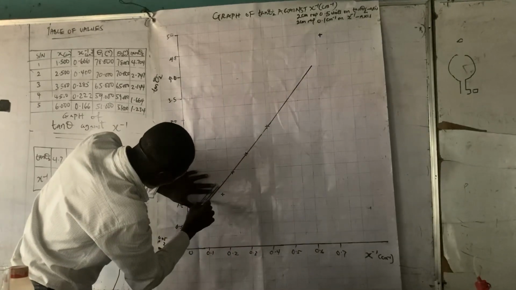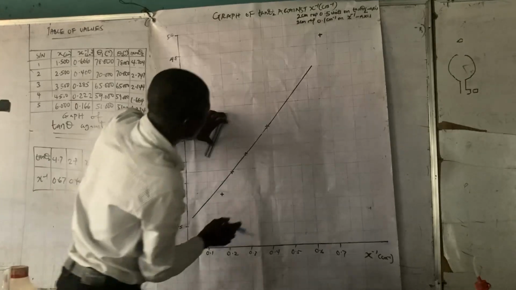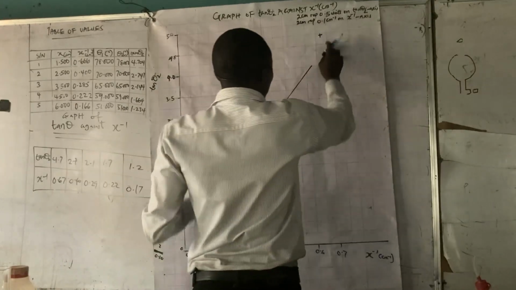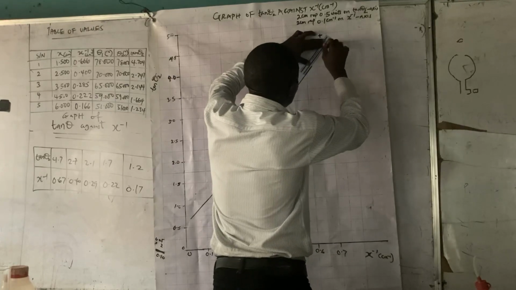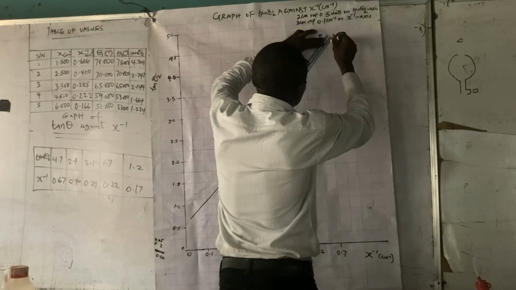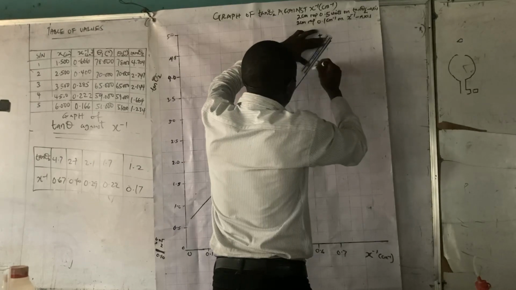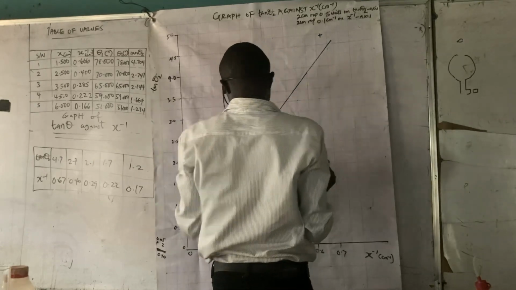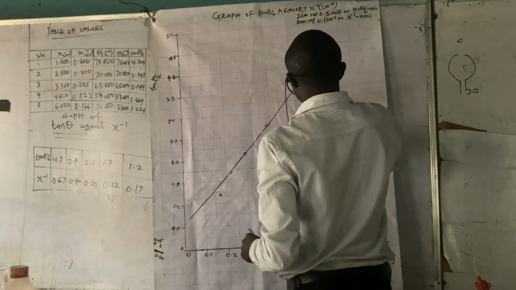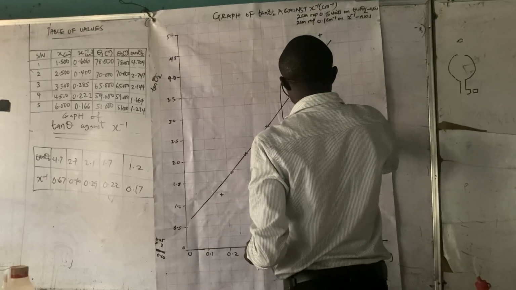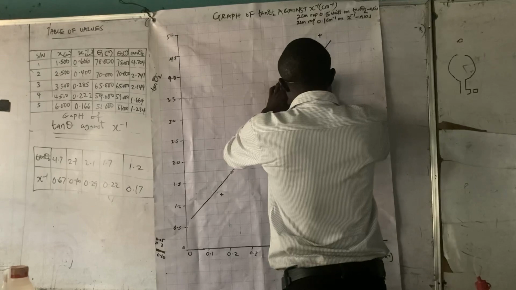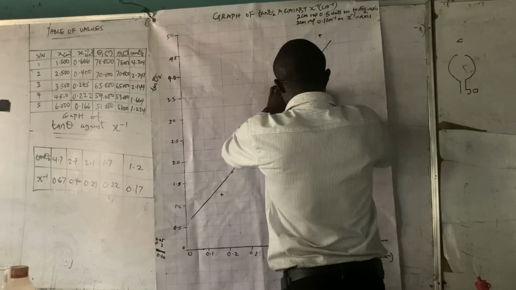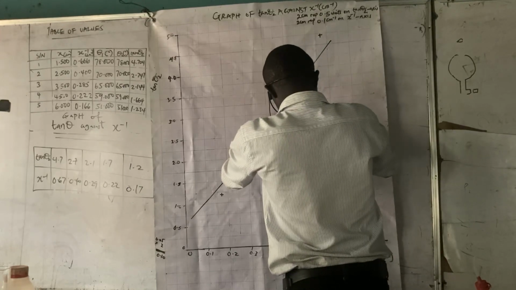Now let's draw the slope. You can see we leave one point on top and one point below, meaning that it's a graph that is very, very scattered. Now let's pick a point here. Even though I don't want to pick a bigger slope, but